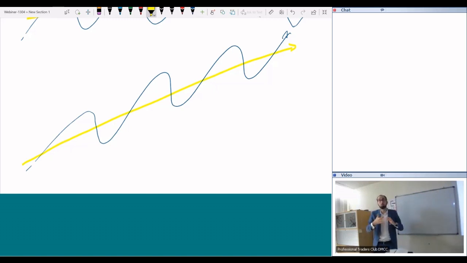We don't know for how long the market will go up. There's a lot of things that we ignore in the market. We have just to first organize our head around what is a trend, what is a range, and how we recognize both. A trend, everyone has a different definition of a trend. I'll give you mine. A trend